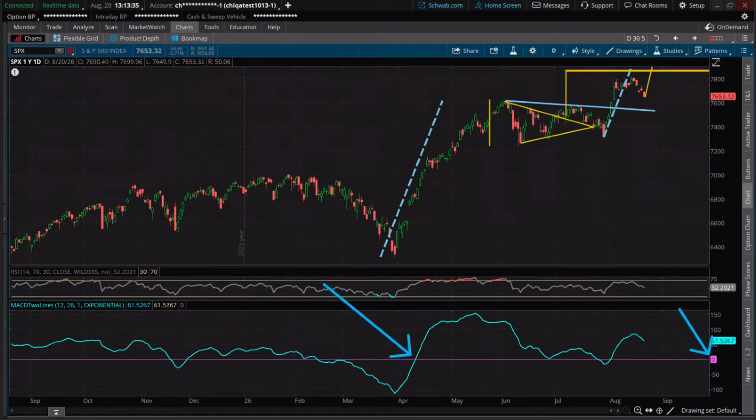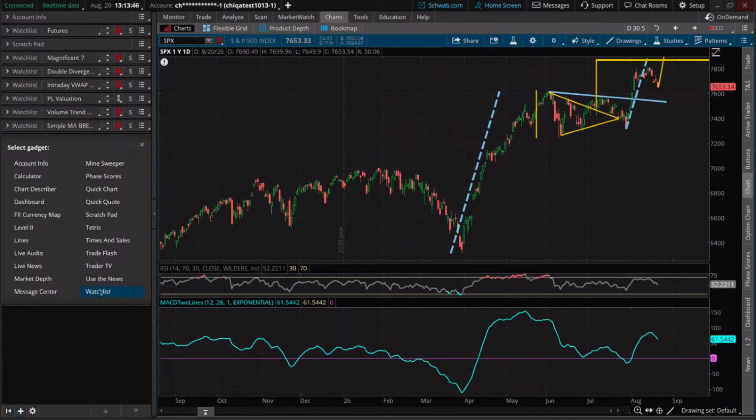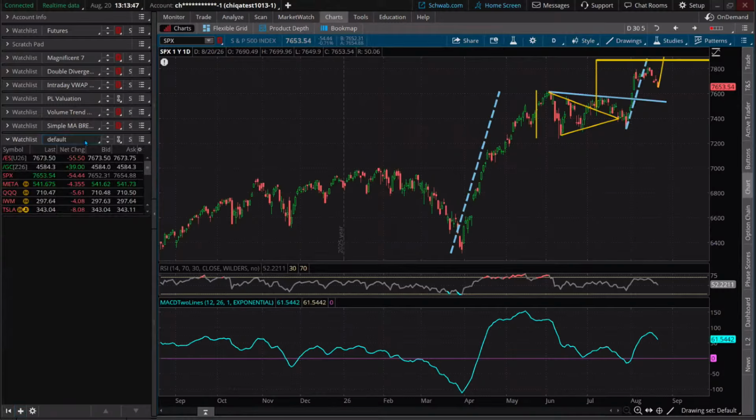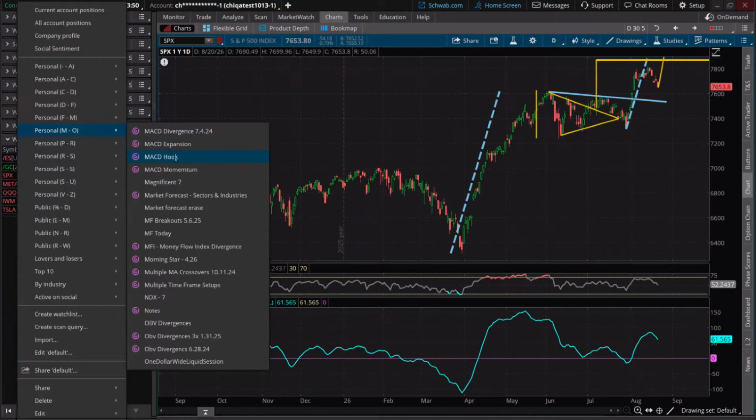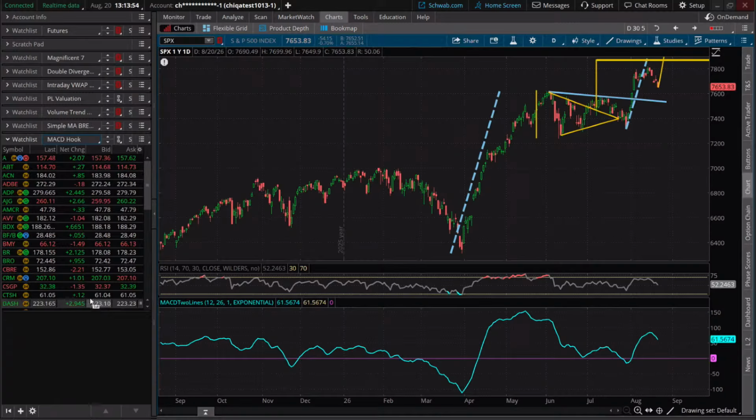So we've got maybe a stronger upward move, a trend, and then you get the hook. So I've gone ahead and just put it over here, added it to the dynamic watch list. Let's put it in the watch list right now. So if I just go to MACD, there it is. Remember, if you save this as a scan, boom, you get it right there at your fingertips. I'm going to link this up, and that's the beauty of it, to be honest with you.